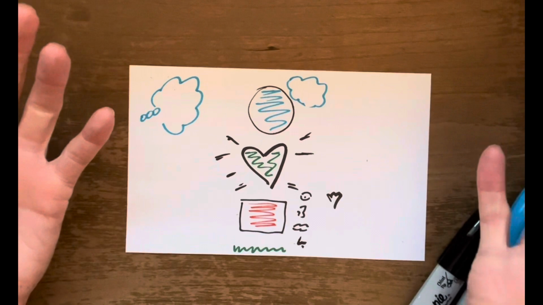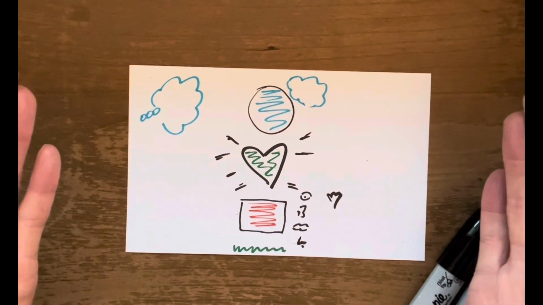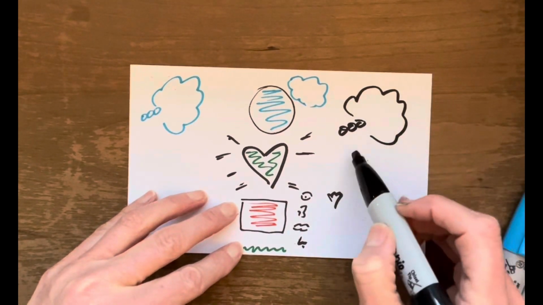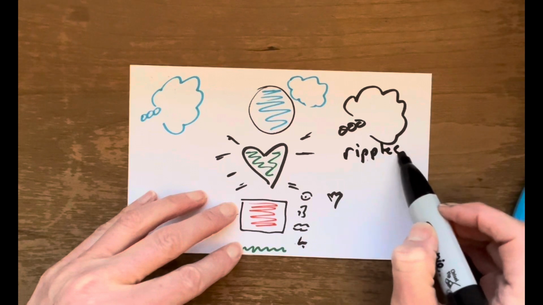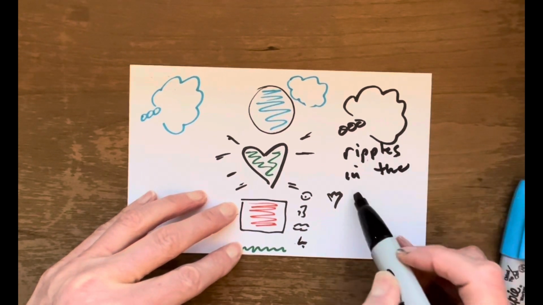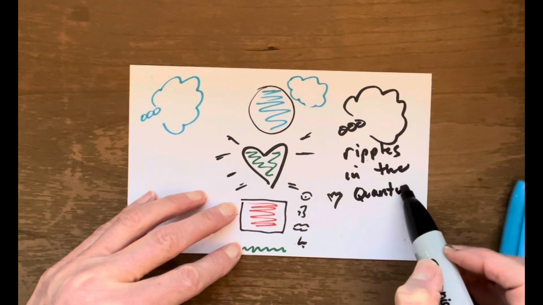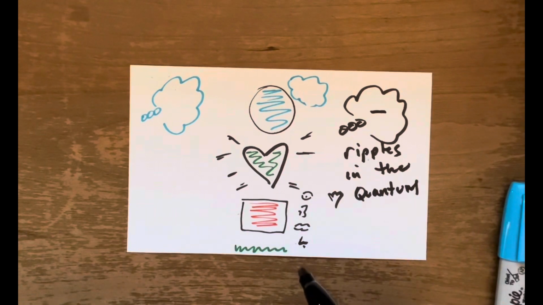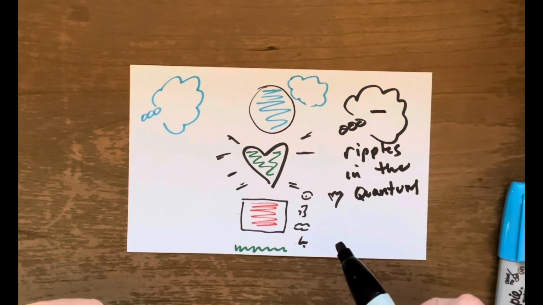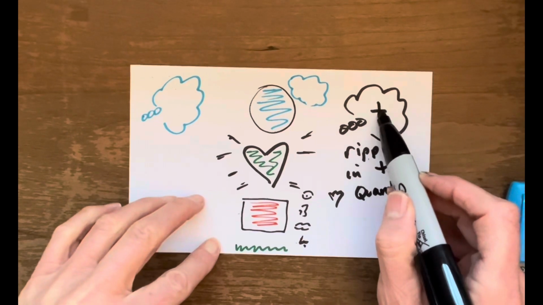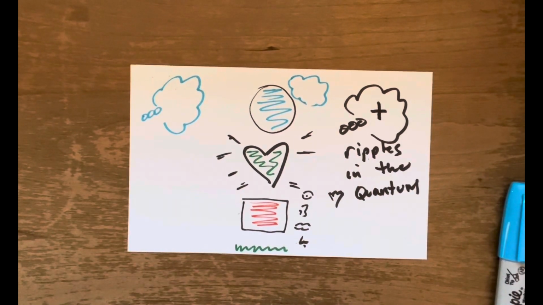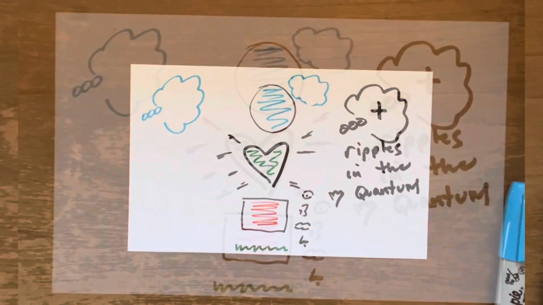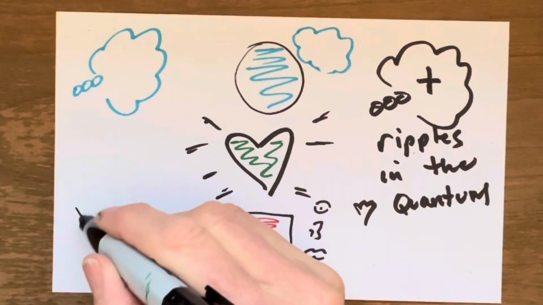I think you could refer to it, if it makes sense to you, as the quantum field. And I like this: these thoughts are ripples in the quantum. So everything is playing together. If I have negative thoughts, I'm creating negative vibrations, attracting negative vibrations. If I'm creating positive thoughts, I'm creating a positive vibration that's attracting positive vibrations. This was the integrated